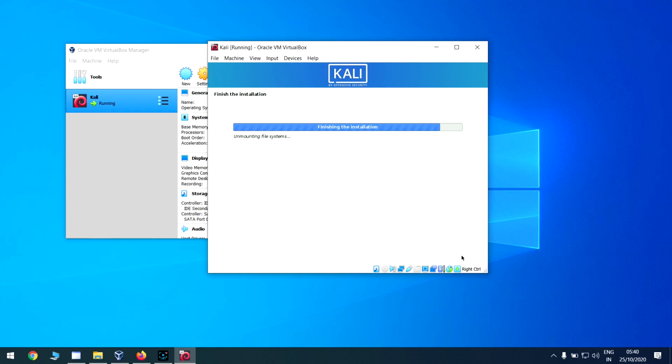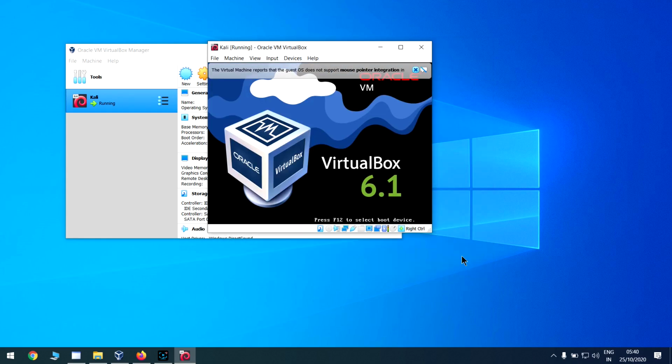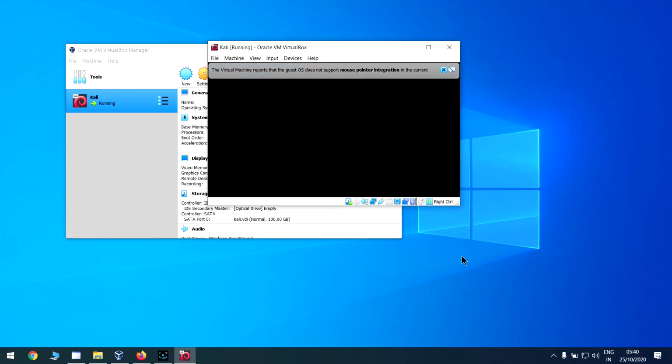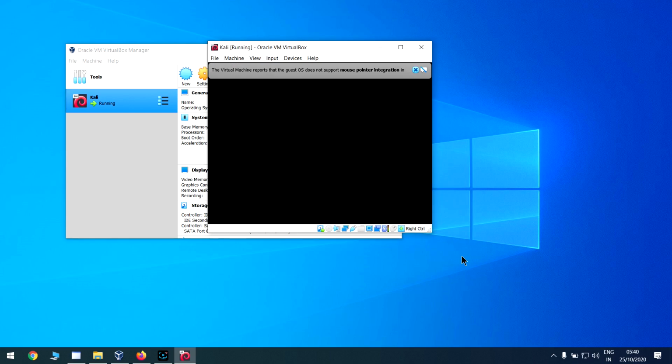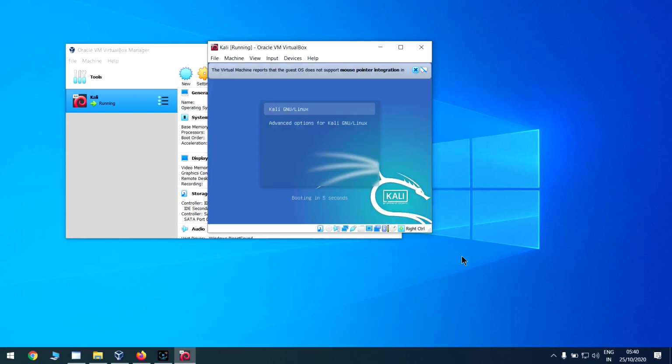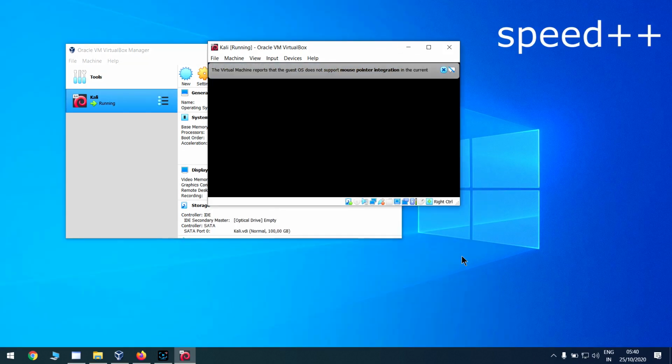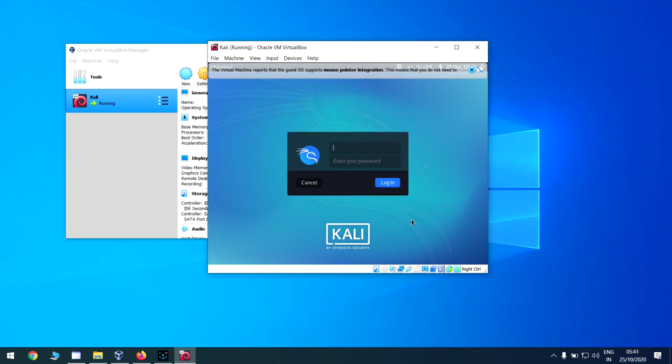Now it is finishing the installation and the system will reboot, not the actual system, the virtual system. Yes, we can see Linux is booting in about 1 second. Now I can see my login screen.